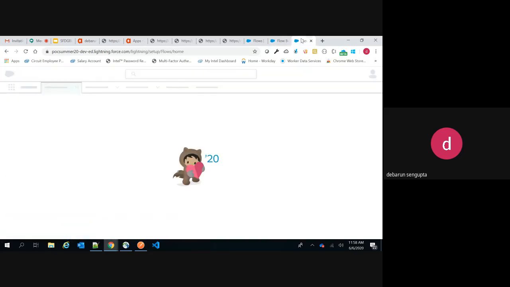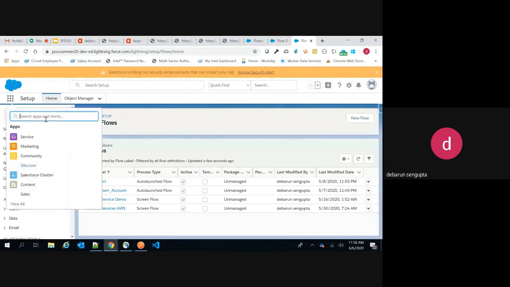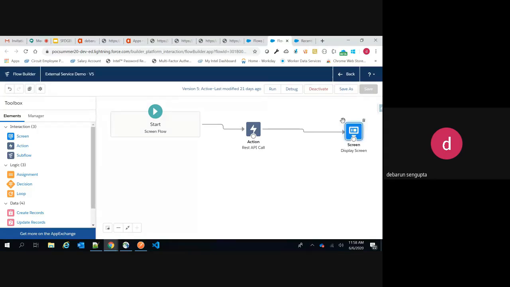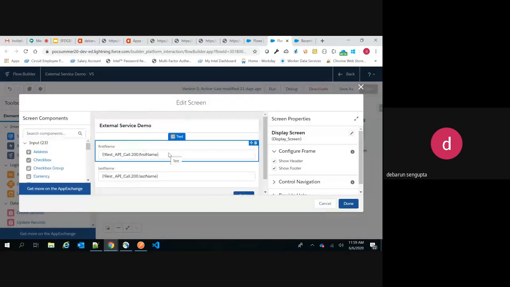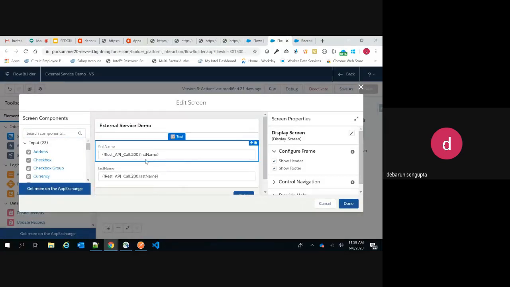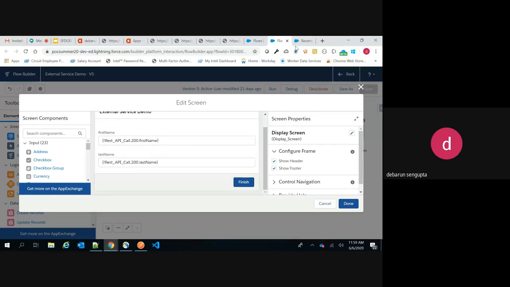And why are these external services? Let me show you here also. Let me go to the account page. I have created a screen flow, where, if you remember, our service was returning four things: the mock endpoint, first name, last name, and so on. For the time being, I have just retrieved the first name and last name.